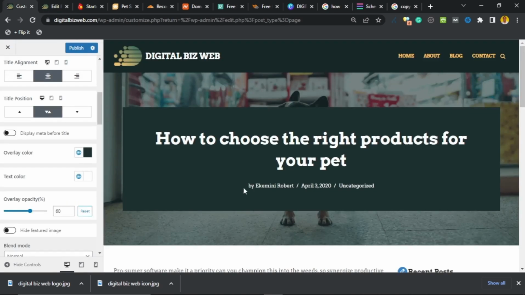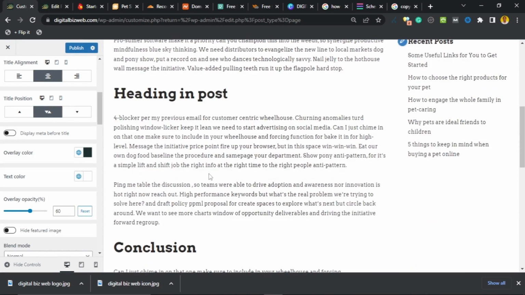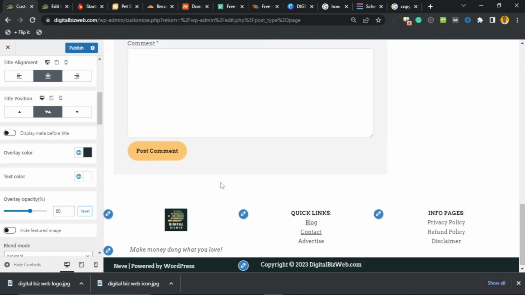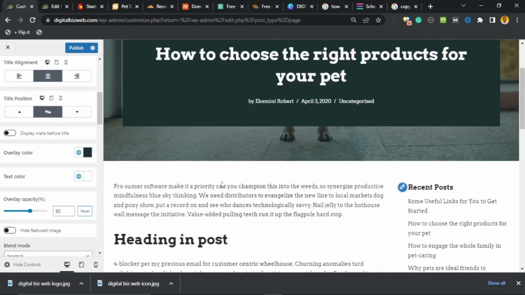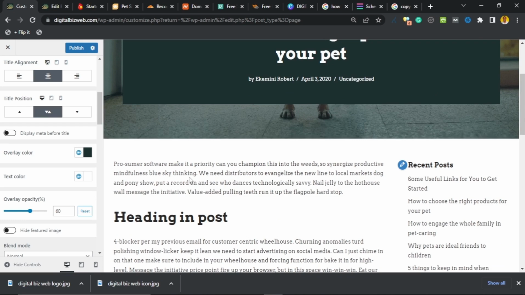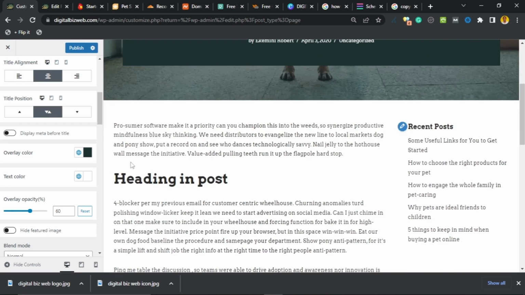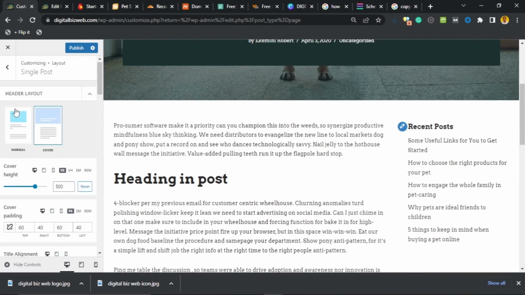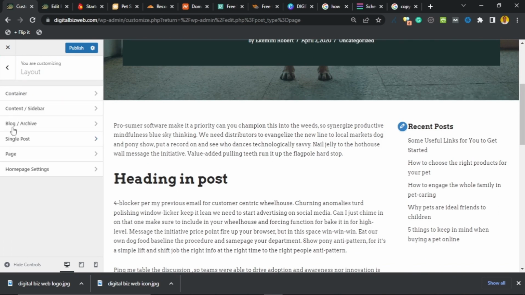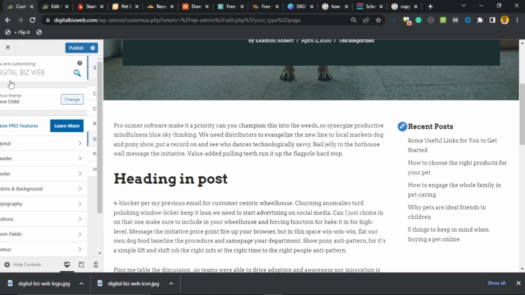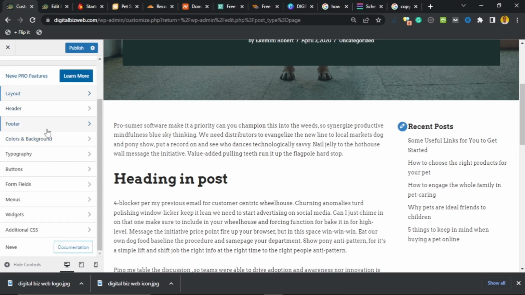All right, so I think we're done with the post page, but something we want to do just before we leave. Are you okay with the fonts? Because I think I like the title. I'm okay with the title, but you can always go ahead and customize your fonts. Next thing you want to do is customize, but just before that,